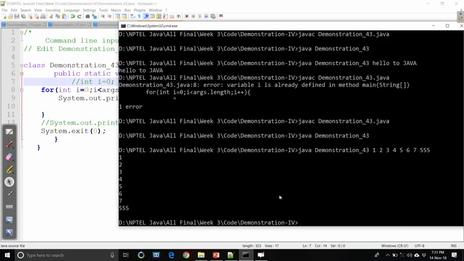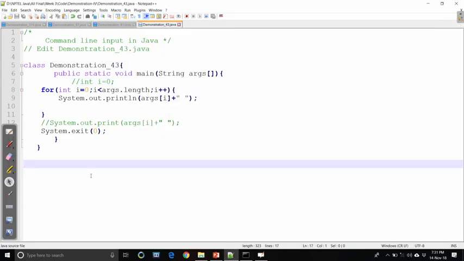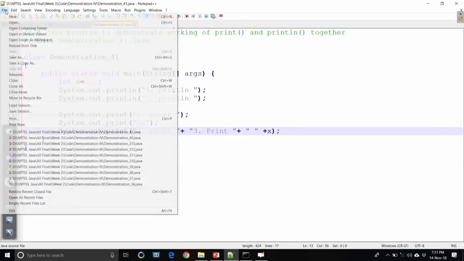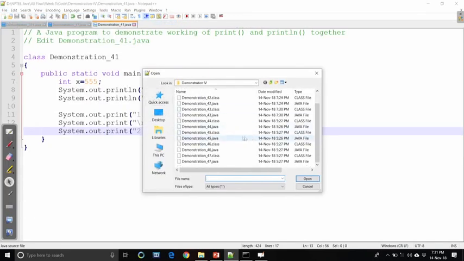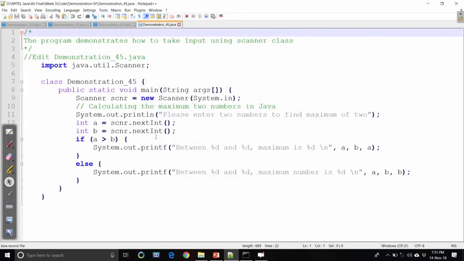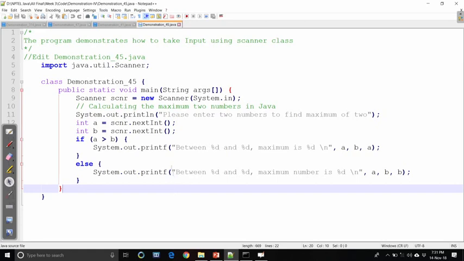So, this is the way we can pass command line input. Now, we have one more example so that we can understand it better. Command line input needs to be used very carefully, because you have to check whether you have passed input or not. If you add that step, it will be a more robust program, but we will discuss writing robust programs in detail later on. This is demo 4.4.